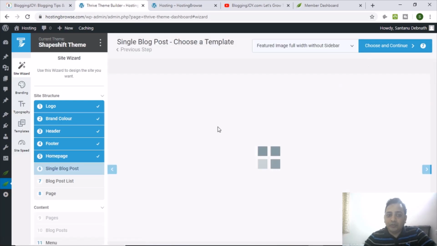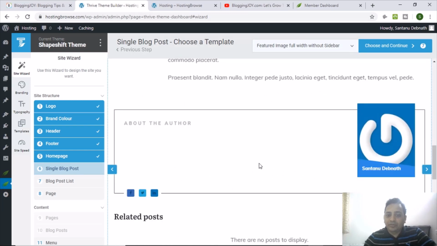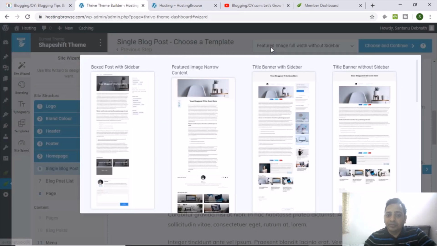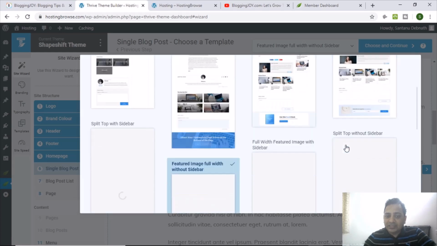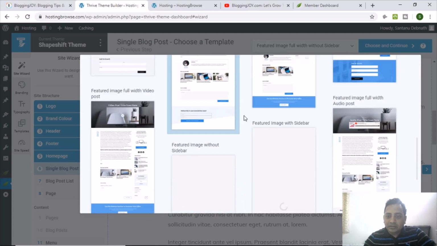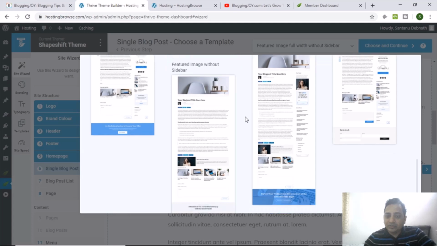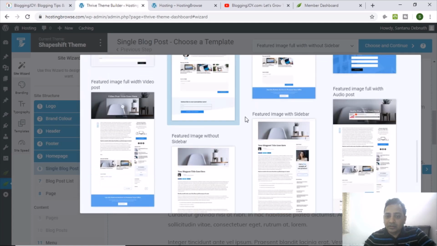Choose and continue. Now this is the single blog post template. What kind of single post do you want? With sidebar or without sidebar, whichever way you want, you can put a template like this. See, there are already many templates. You just have to select any one of them and continue.